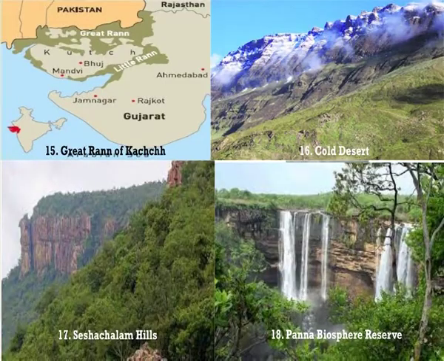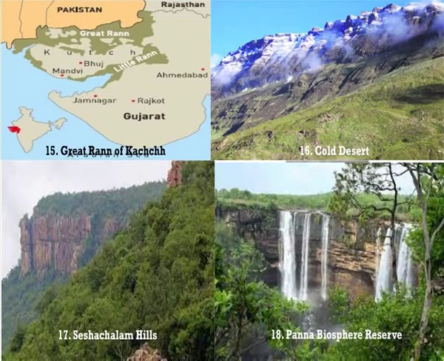We come to the cold desert, which is in Himachal Pradesh, and it is basically found in the Pin Valley, Chandrabhaga, and Spiti valleys. Again, it is part of the Himalayan habitat. So, we have a harsh and cold climate, and the mean rainfall is very low, but we have very different types of animals here like ibex, marmot, golden eagle, and the Tibetan gazelle. We have Kibber Wildlife Sanctuary here, Pin Valley National Park, Chandratal Wildlife Sanctuary, and Sarchu Wildlife Sanctuary.